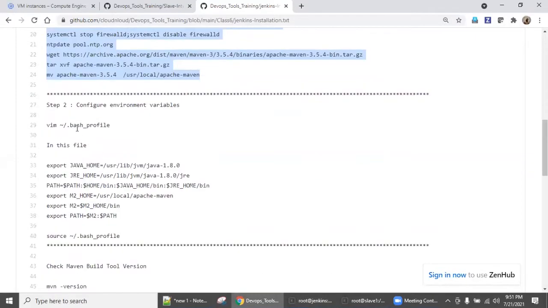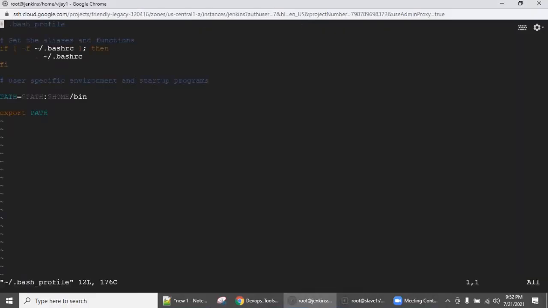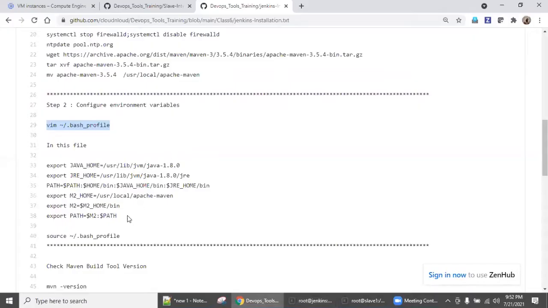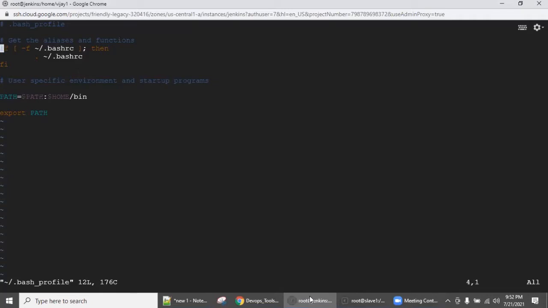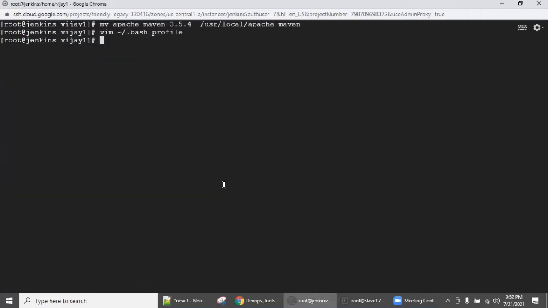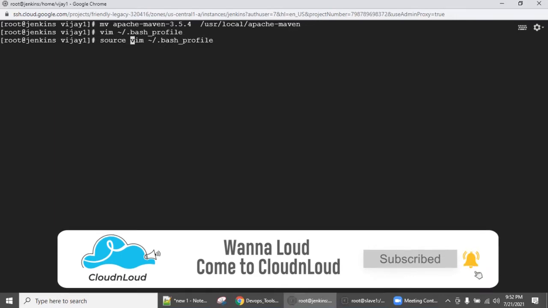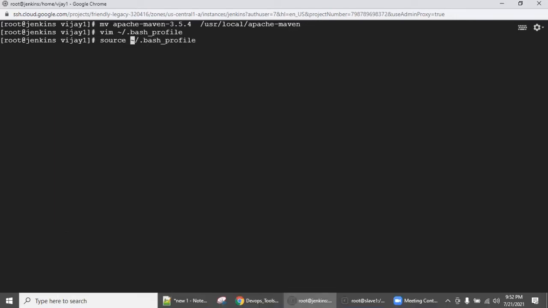Then we are going to configure the environment variables. Let's open up the bash_profile to configure them. I'm copying this, as I said in class 6. Paste everything before export PATH so that everything is configured properly. I don't want to log off and log in, so let's run source so that the environment variables will be loaded.